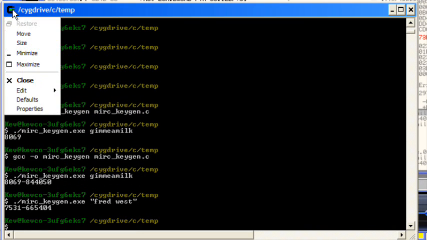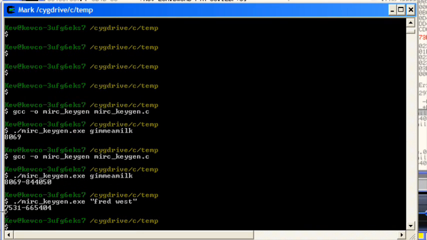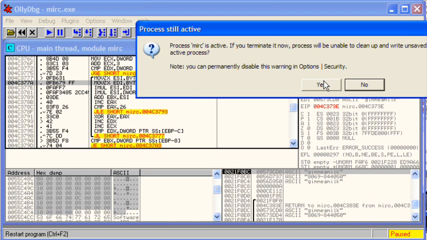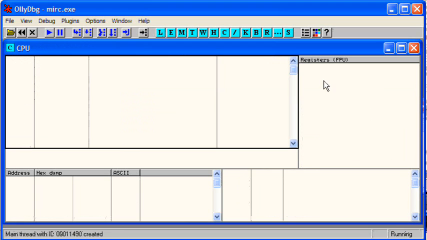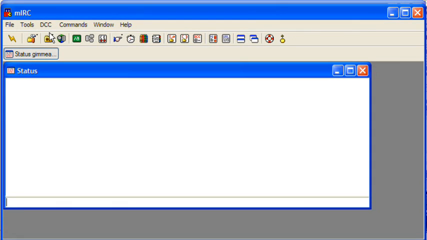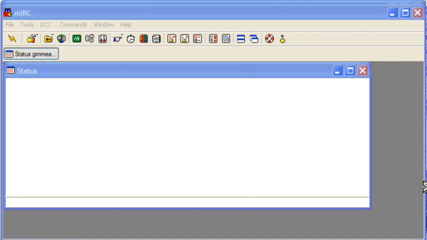Let's copy the code it generated for us. So we highlight it, hit enter, so that's copied. Go back to Ollie. Let's restart fresh because we were halfway through doing something. So it's just reloading everything again. Run it up